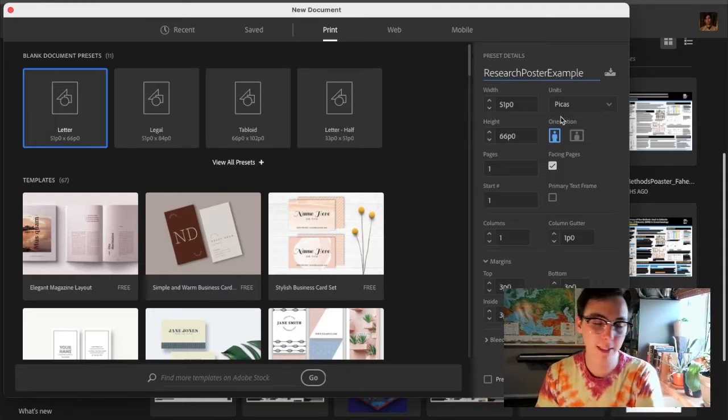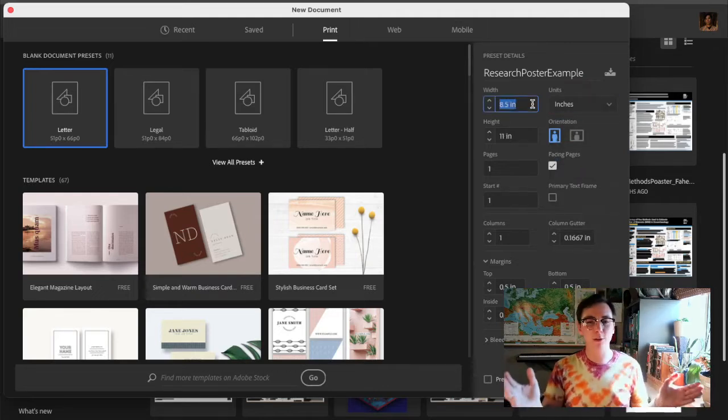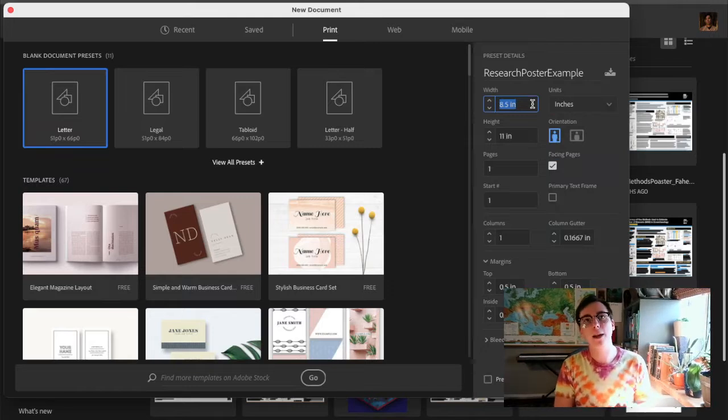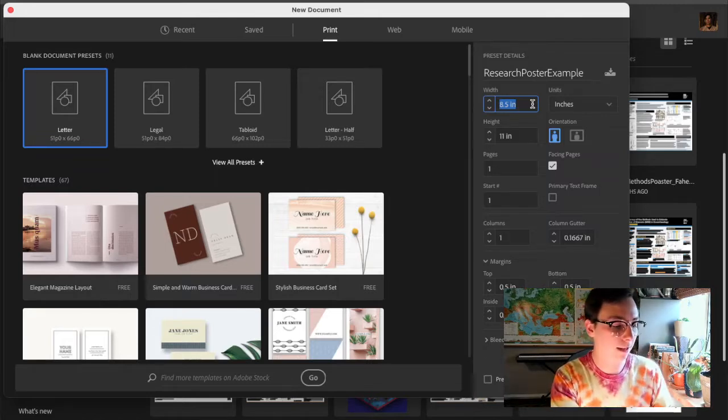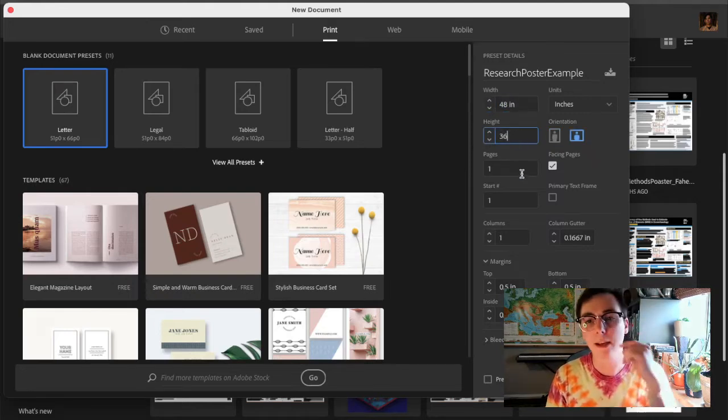Okay, so now we have to specify the dimensions. So picas is a unit that a lot of print designers use, but it's really not very intuitive for non-designers. So let's just change this to inches. And so most research posters are either going to be, I think the most standard size is 3 feet by 4 feet, or so 36 by 48 inches. Some conferences will let you get as big as 4 by 5 feet, but typically 3 feet by 4 feet is the standard size. So let's just type in 48 inches by 36,